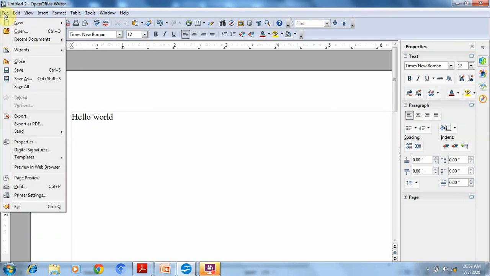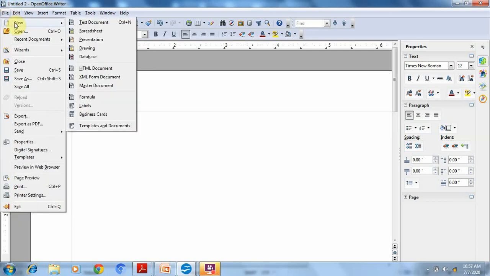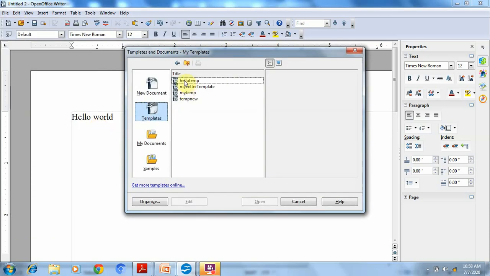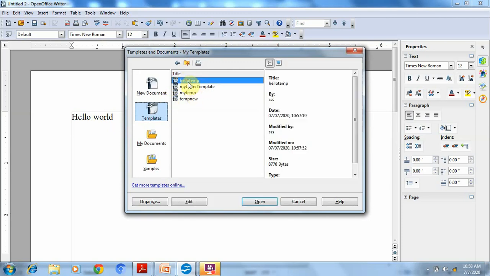See, go to File, then select New, then Templates and Documents. See, in the template category list our template will be saved. We can use this template again in other files. Okay, now